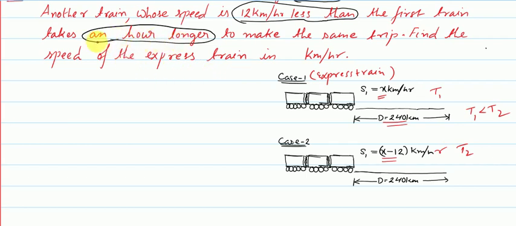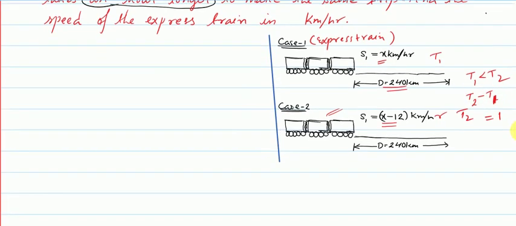It's given that the other train will take an hour longer, which means if you take the difference between the times, while taking the difference we write the greater one first, then minus the smaller one. Yes or no? So t2 minus t1 will be 1 hour, so we'll write 1. Okay, so let us solve this. Just for your explanation I had made this, no need to write it in your exercise copy. Clear?